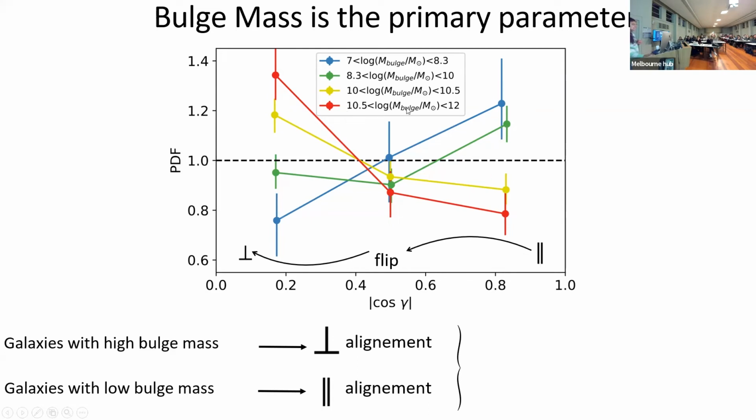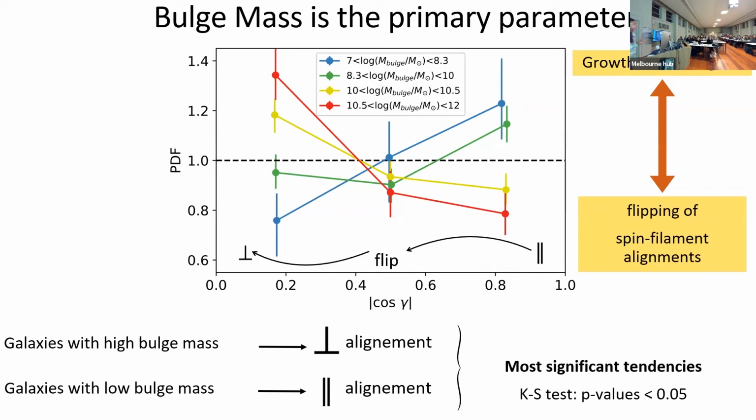alignment, while galaxies that are more massive, so for higher values of the mass of the bulge, they tend to have a more perpendicular alignment, so values towards 0. So we have a flip of the alignment from parallel to perpendicular, and this flip is according to the mass of the bulge. So these are the most significant tendencies that we can find when we also divide galaxies according to the other galaxy parameters. So we found a link between the growth of the bulge and the flipping of the spin-filament